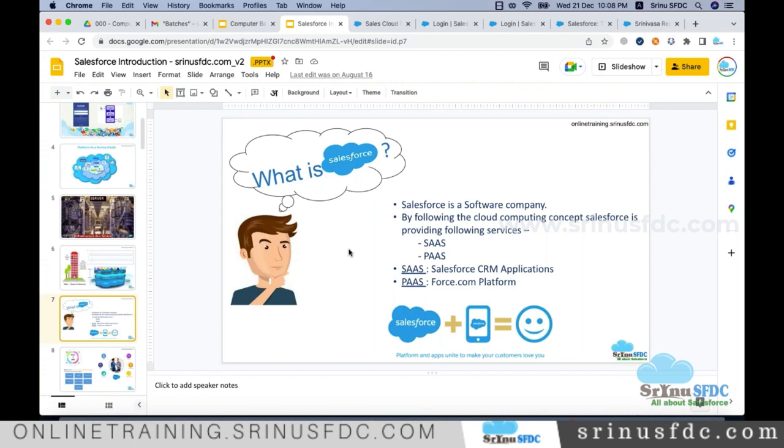That is the application. Not only providing the application, they are also providing the platform, right? Platform means where we can write our own logic, whatever we want, and enhance those applications, whatever they offer. Okay, so they are providing both, right? So it's like,